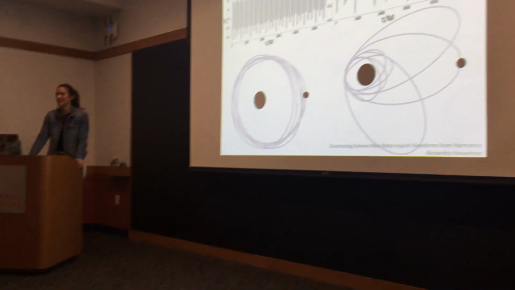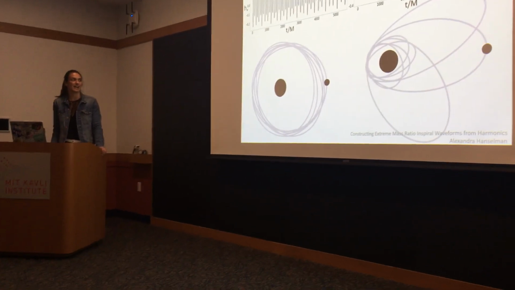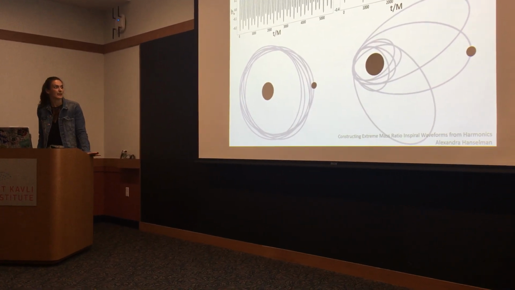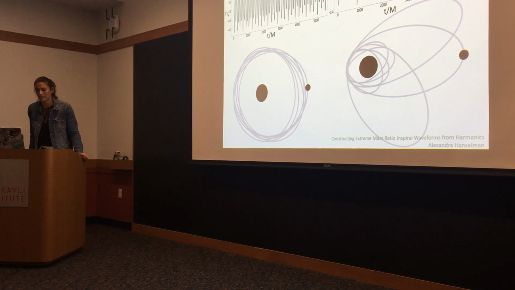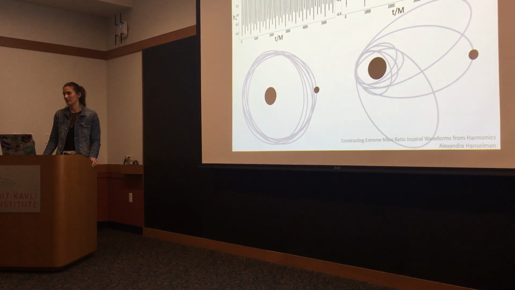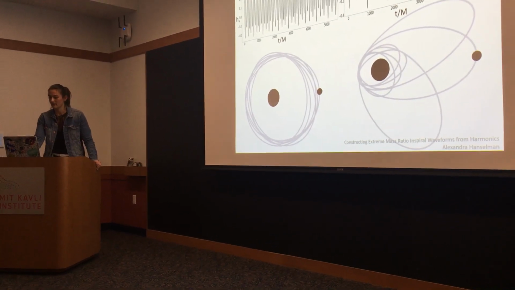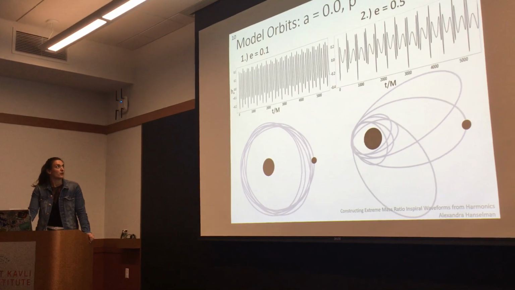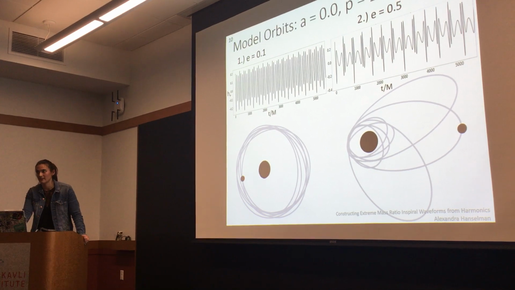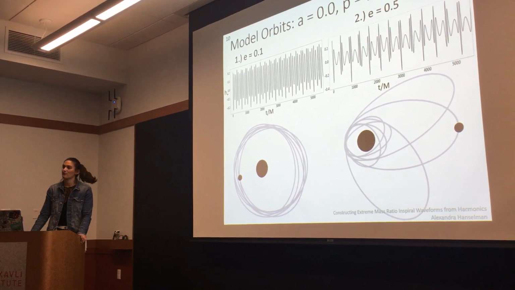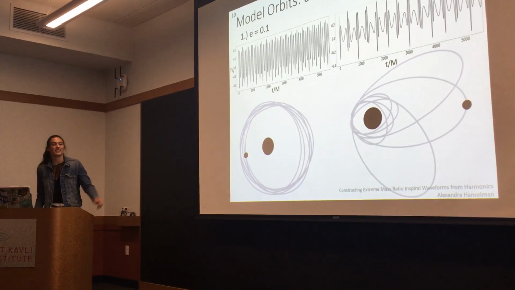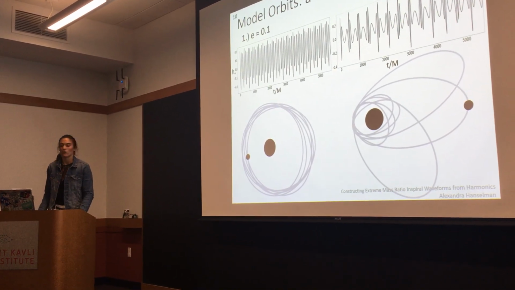Looking deeper into this one specific case, again, we're looking back at the beginning of the inspiral. We can already deduce the orbit of the small black hole around the big black hole based solely on the gravitational wave that we see. So we predict that the lower eccentricity orbit looks something like this, where because the eccentricity is more circular, it stays pretty far away from the big black hole at the beginning of the orbit, and so that leads to the less amplitude variation. Whereas the larger